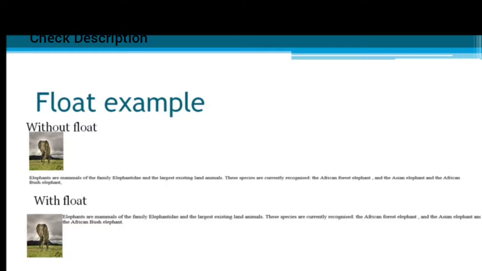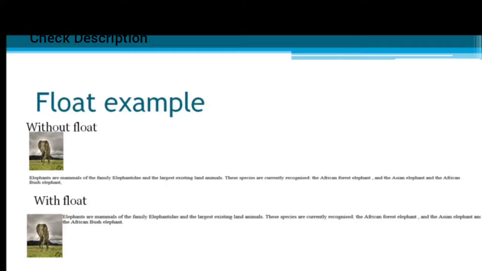Initially what I did was I used an image and then I wrote some text in a paragraph using paragraph tags. We can see that, as per the normal document flow, the image is put in the beginning, and after that the paragraph is written.